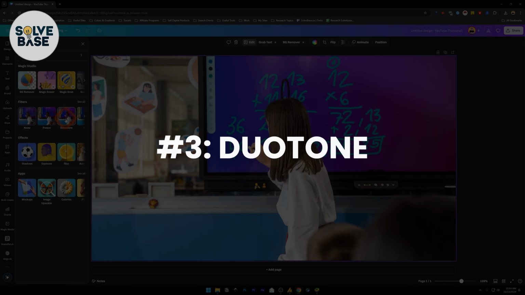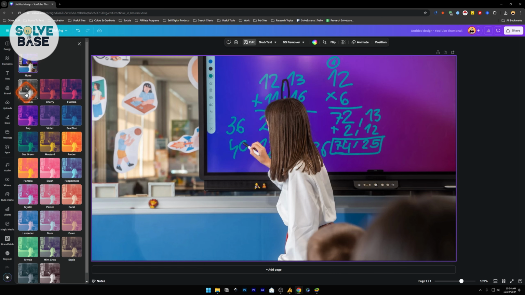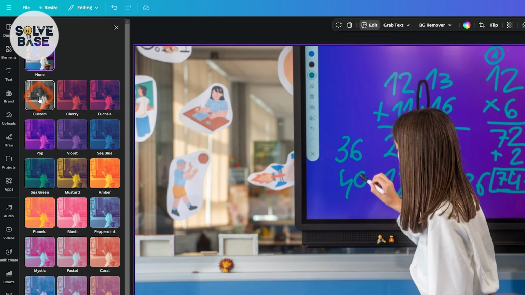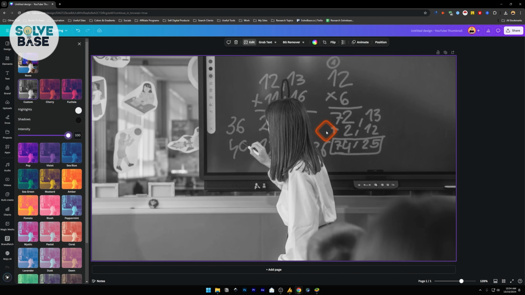Now the third way to make an image black and white would be to go into effects, and under it we've got this duotone. Click on this, and then the first option is custom. You will click it and keep the highlights as white and shadows as black. Now you can again see that our image has been turned into a black and white photo. So this is how you can make an image black and white in